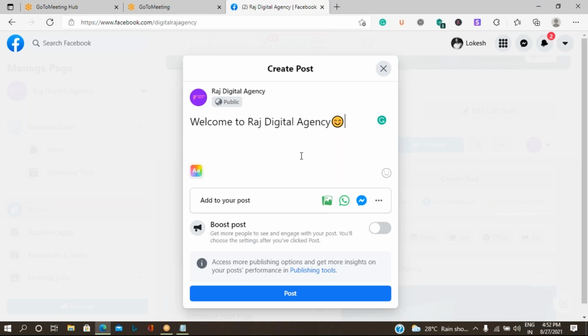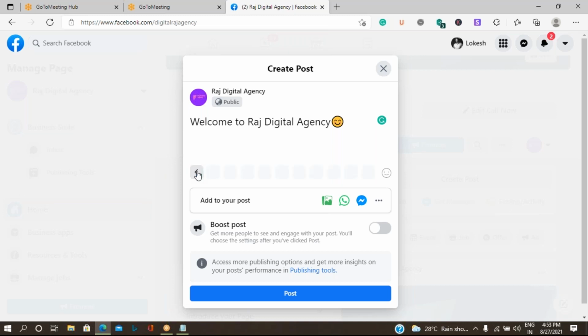Now the same text post, if you want to make it with a little bit of colored background, which is called hybrid text colors. Okay, so how do we do that? You can see above the add to post options, a color kind of symbol is there with the text.